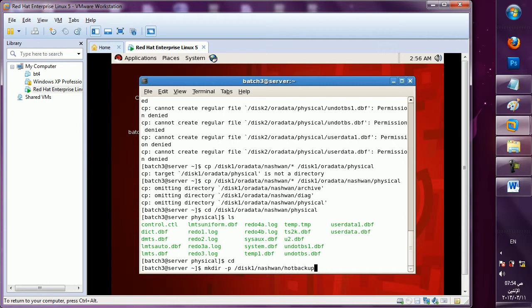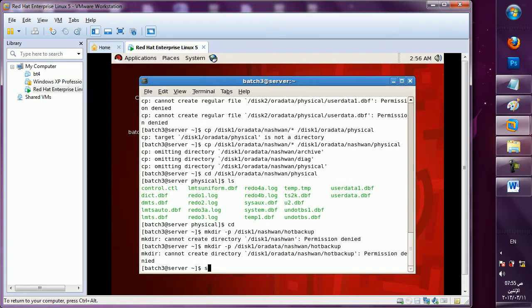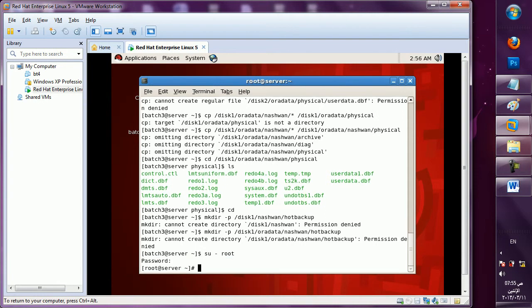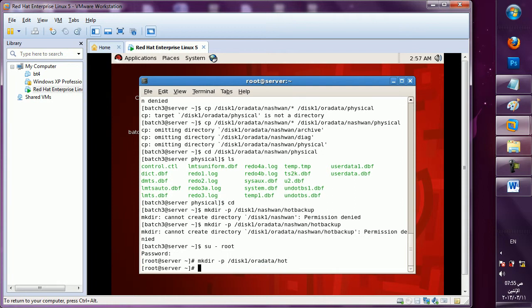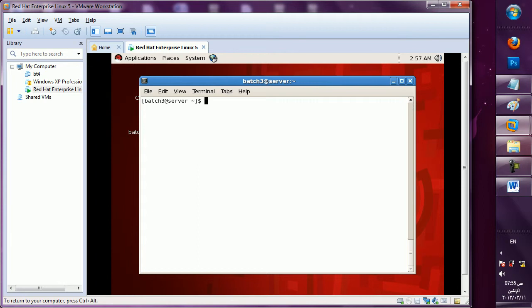It's simple, shut down and copy all the things, just the cp command. This folder I will be using.